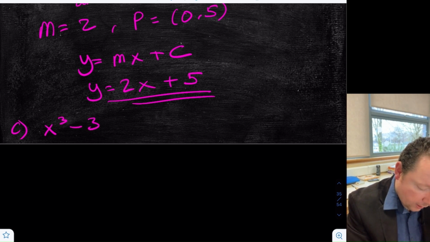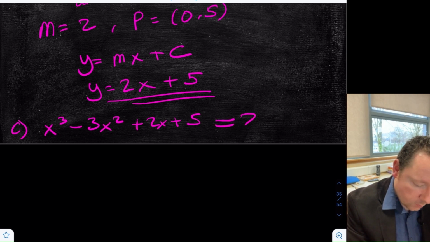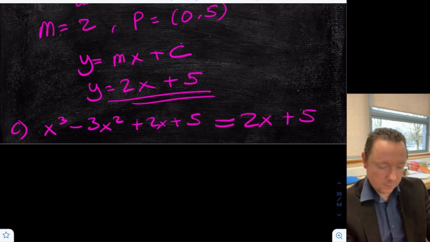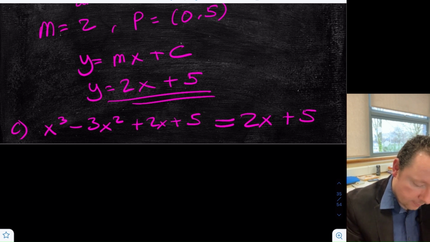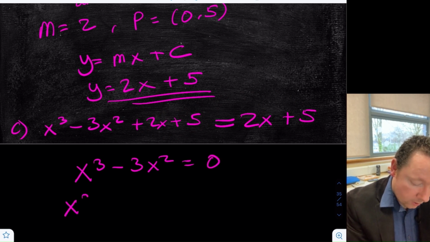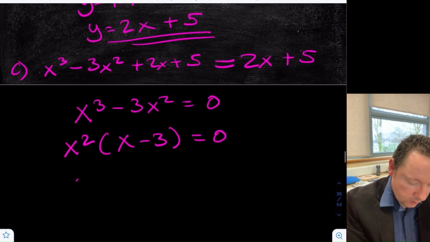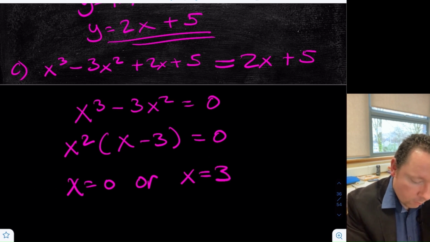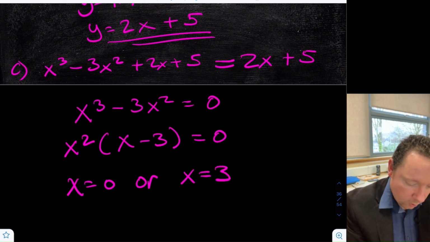x cubed minus 3x squared plus 2x plus 5 was our curve. It's equaling 2x plus 5 at points of intersection. So we can solve that quite easily. If we take it over, minus 2x minus 5, they disappear. So that just leaves me with x cubed minus 3x squared equals 0. Common factor of x squared, so you get x squared times (x minus 3). So that means that x squared equals 0, so x equals 0, or x minus 3 is 0, so x equals 3. Well, we already know 0 is one of our points, so the second point of intersection is that